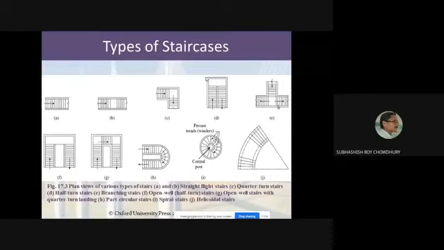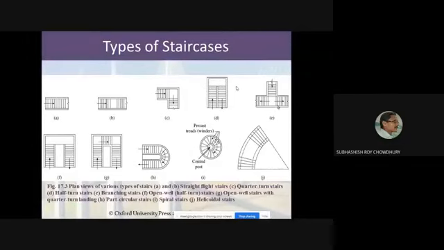It may happen that the boundary line of the building is along this line. Are you getting the point? So here the end wall of the building is lying along this line. This is the projected part of the stair outside the building structure. The main building will be up to this line. So this landing slab will be outside the building structure as a cantilever slab. In that case, the supporting beam will be along this line in case of a longitudinally supported stair, and this slab will be treated as a cantilever slab supported over this beam.